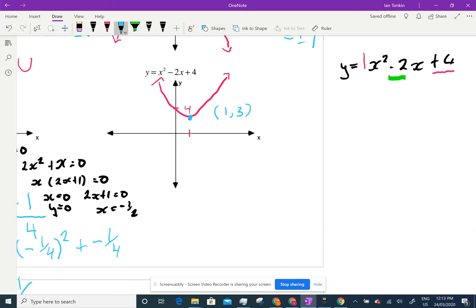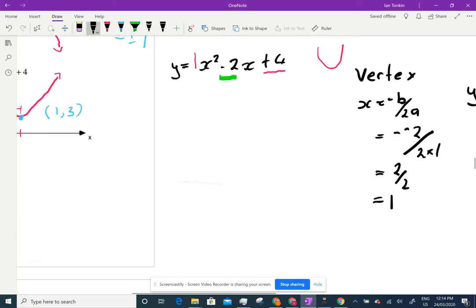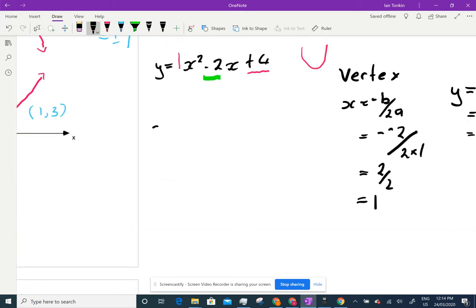There it is, 1 and 3. Now, just to check, let's just check for roots. You don't need to, you've already sketched it, but we'll just check for roots using the discriminant. Now the discriminant